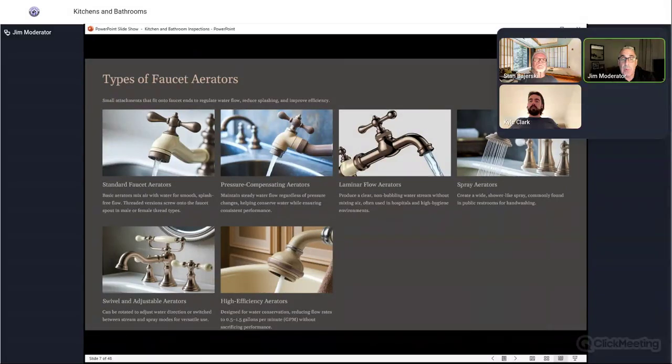We have laminar flow aerators, which produce a clear, non-bubbling water stream without mixing air, often used in hospitals and hygiene environments. Spray aerators create a wide shower-like spray, commonly found in public restrooms or for hand washing. Swivel and adjustable aerators can be rotated to adjust the direction or switch between stream and spray nozzles for versatile use. And high efficiency aerators, designed for water conservation, reduce flow rates to 0.5 to 1.5 gallons per minute without